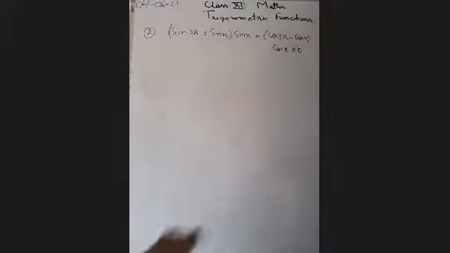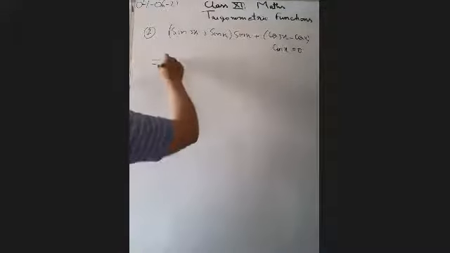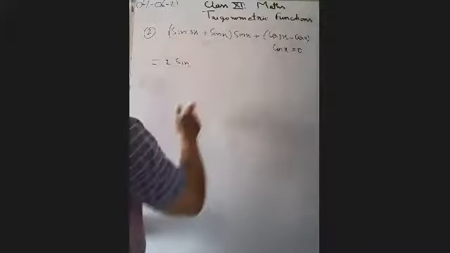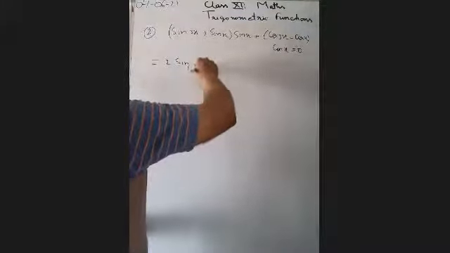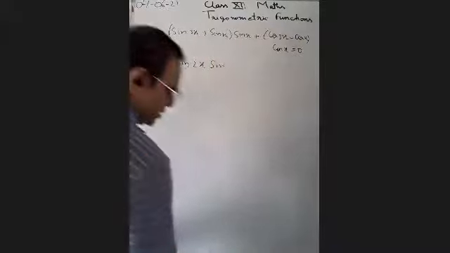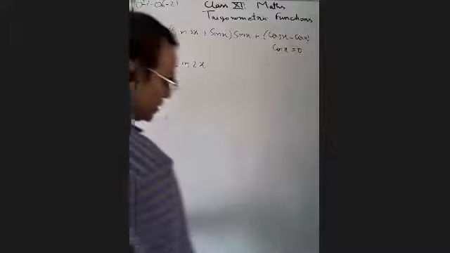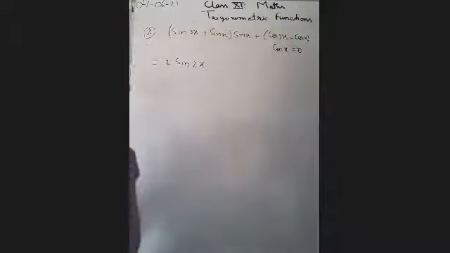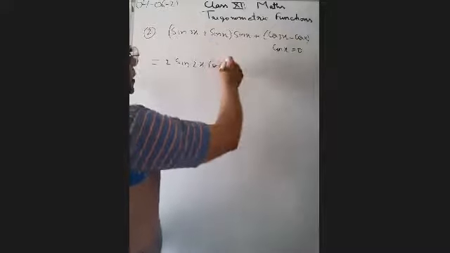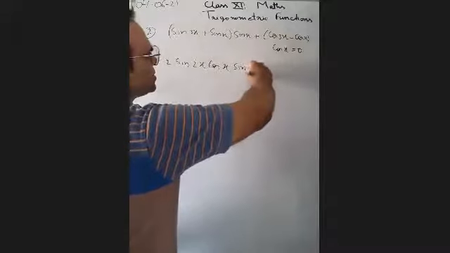So here we are using the CD formula. It is in the form of sin C plus sin D. It will be equal to 2 sin of 3x plus x, 4x divided by 2, you will get 2x, and cos. Oh, sorry, cos. In sin C plus sin D, we get the formula: sin of C plus D upon 2 and cos of C minus D upon 2. So 2x, divided by 2, you will get x, and sin 2x we are writing as it is.